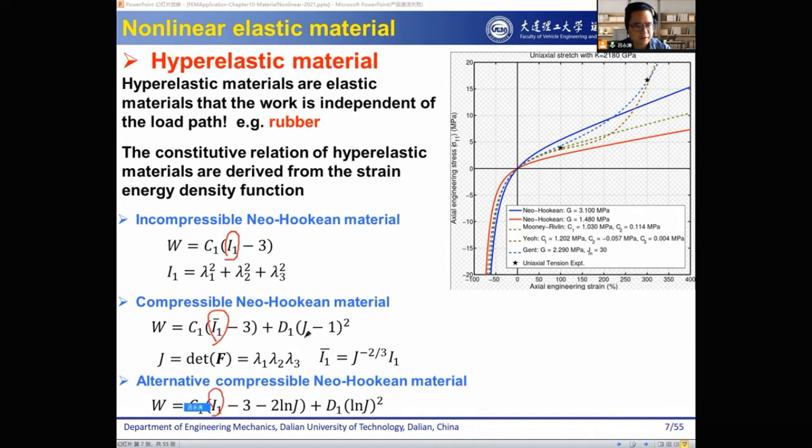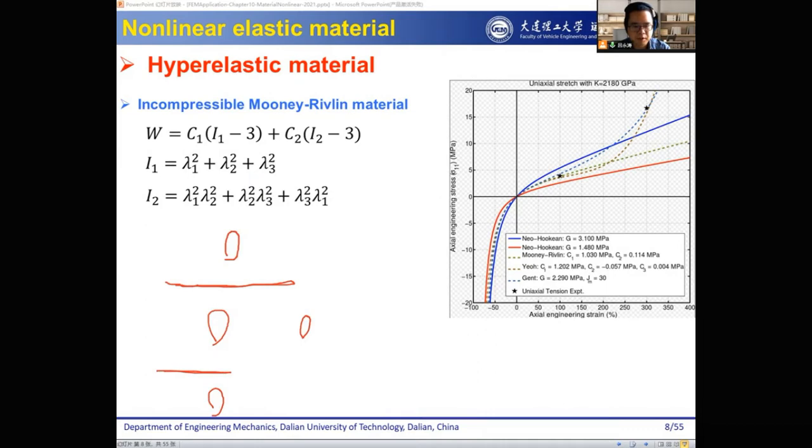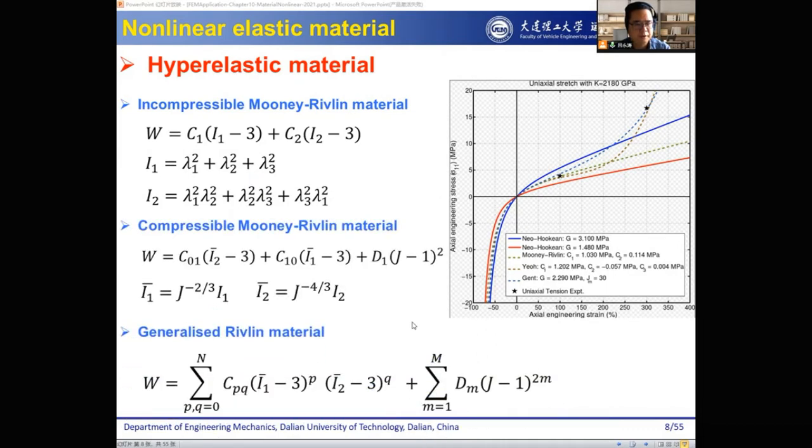Okay, and this is the Jacobi matrix. If you are not familiar with those, please read the relevant books. This is the definition for the first invariant. This is the definition for the Jacobi matrix. And the Mooney-Rivlin material is more complex than the neo-Hookean material, and it is also a kind of